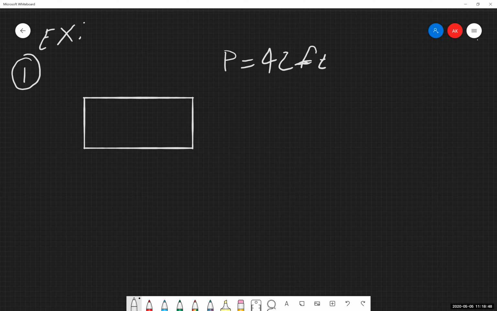The length of the rectangle is 1 foot longer than the width. Okay, so we can also label our rectangle a little bit. We have our length, we have our width. You can label all the sides if you want to. But now again, we're translating that sentence we've been given. The length of the rectangle is, so that is our equal sign that kind of divides this sentence in half. The length is, so equals, 1 foot longer than the width. So whatever the width is, it's 1 foot longer than that.